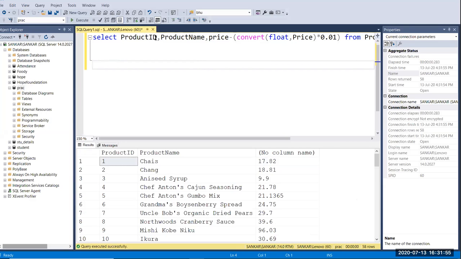Okay, then I get 10% discount for each value. Now you can see here there is no column name. Why? Here I have given a name, right?